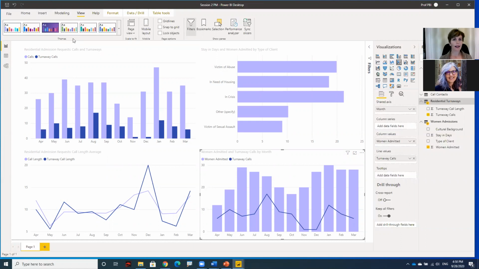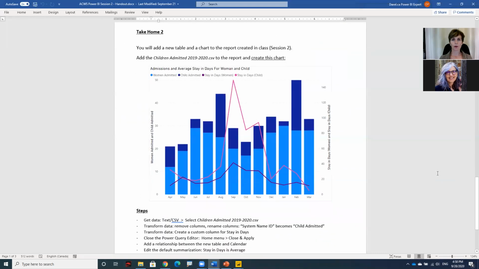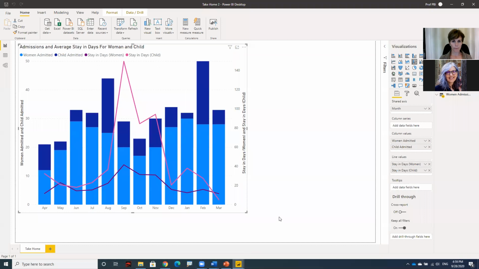So hopefully you'll have time until Friday to play a little in Power BI and experiment with the second take home. The second take home is actually building out of today's report. So we're simply adding another extract and trying to build this chart displayed here. If you haven't completed the exercises today, the only thing you need to do prior to doing your take home, so this is the take home, how it's going to look when you're done with it,